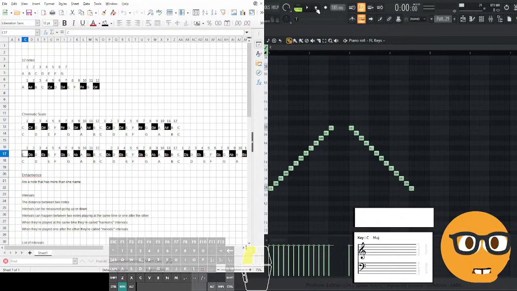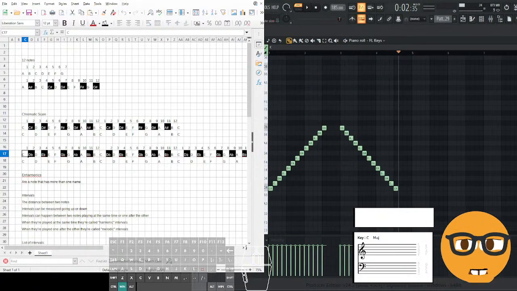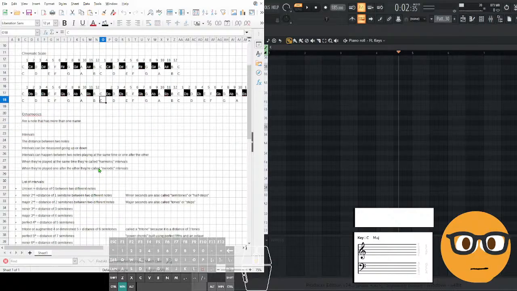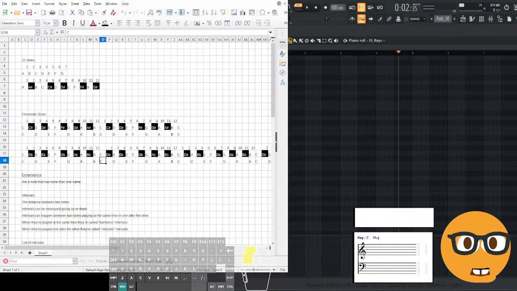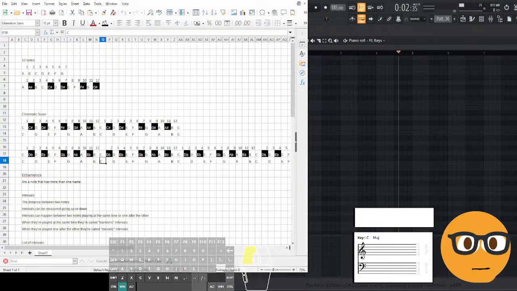So let's listen to that. Okay. That's the chromatic scale, alright? 12 notes, up or down. Got it? Good. Okay, so then the next thing, if you did skip notes, if you wanted to play a different type of scale,